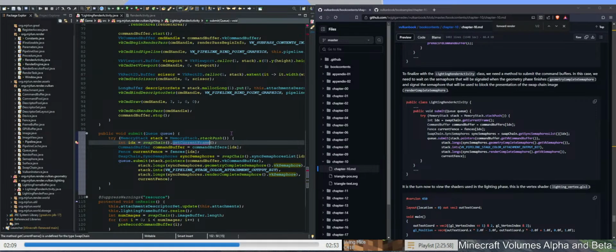Actually, interesting to think about. This may be able to be multi-threaded because it just needs to be at the end. Although I don't know if the submit function actually takes performance, because all it's doing is telling the GPU, hey, we're going to do this operation after the geometry is complete. Yeah. So next is gonna be the